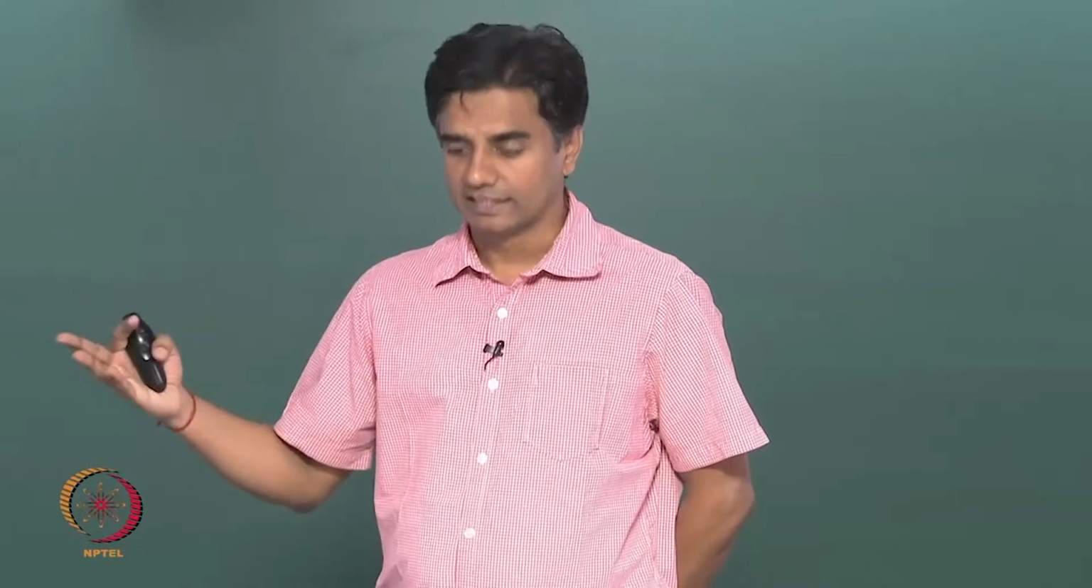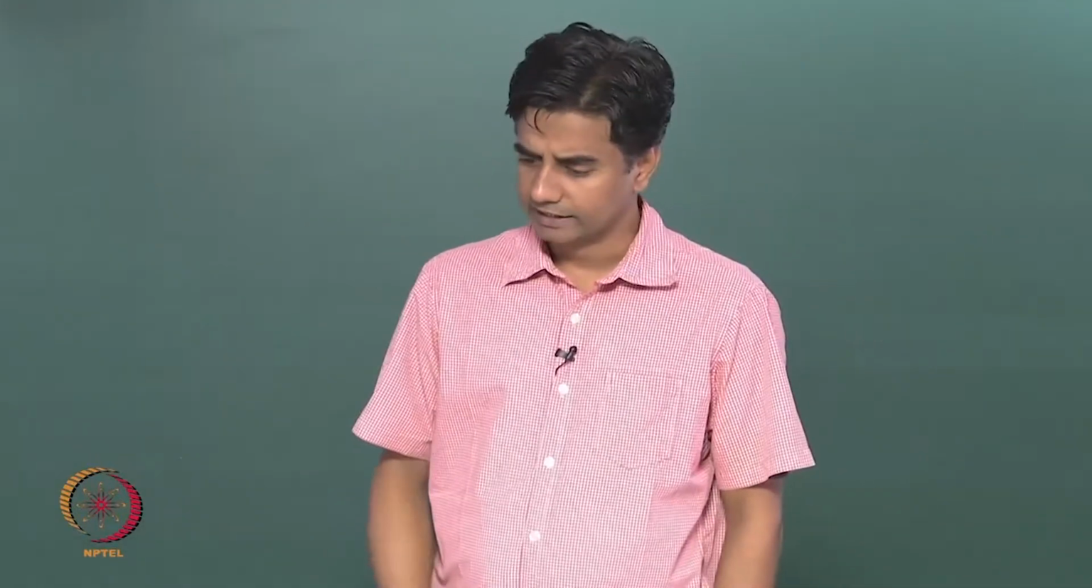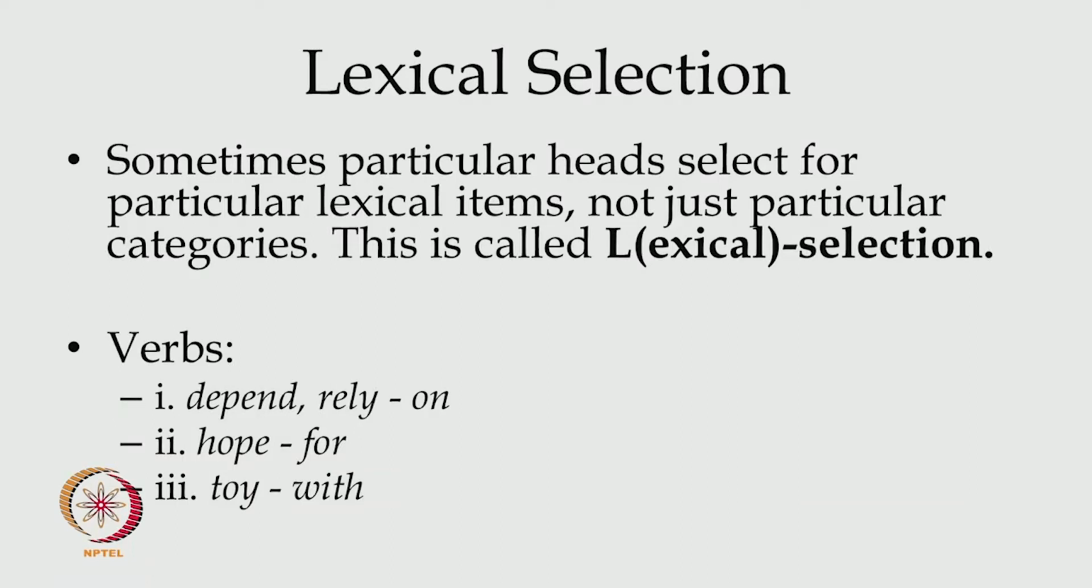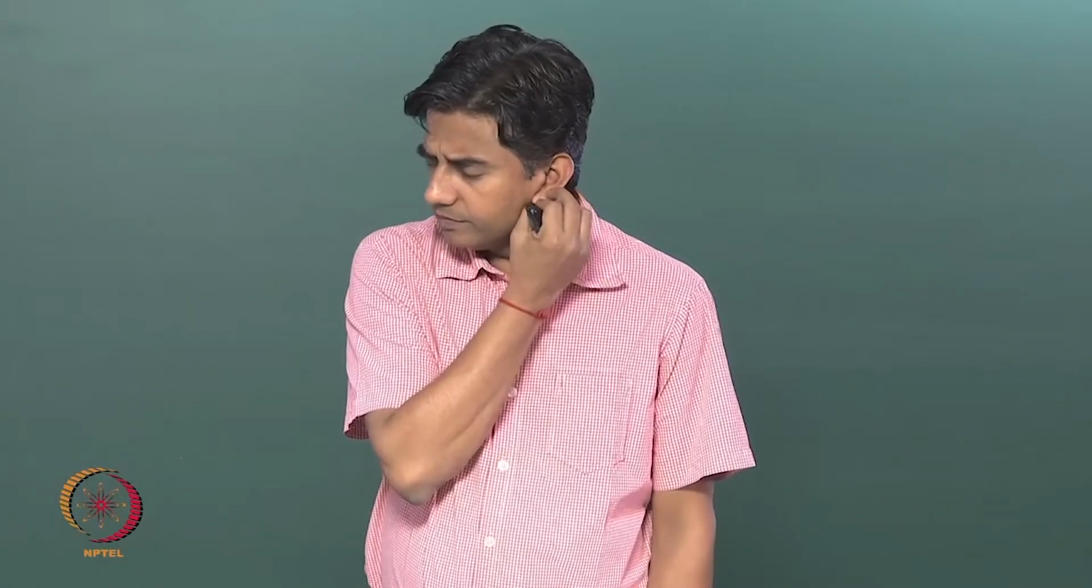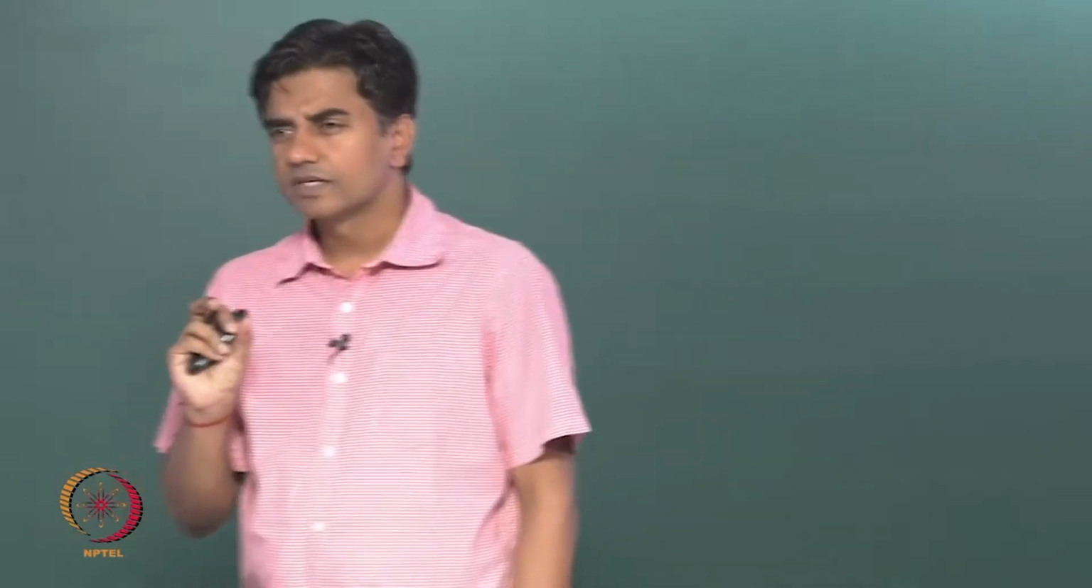Otherwise, we don't really get a grammatical sentence, and a lot of times the grammaticality of a sentence may depend on semantic selections as well. That's all the point there. There is something called lexical selection, and in this category you will see that verbs or different elements select for a particular lexical item. Why, how, we don't know much about that, but I just want to show you a list of some of